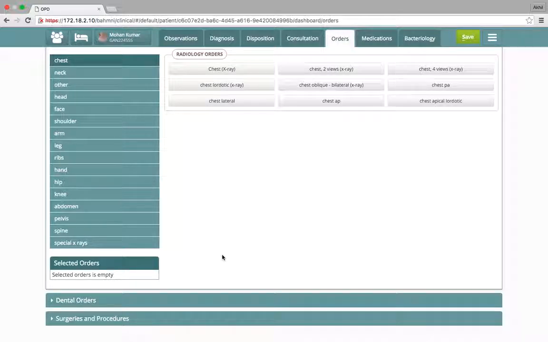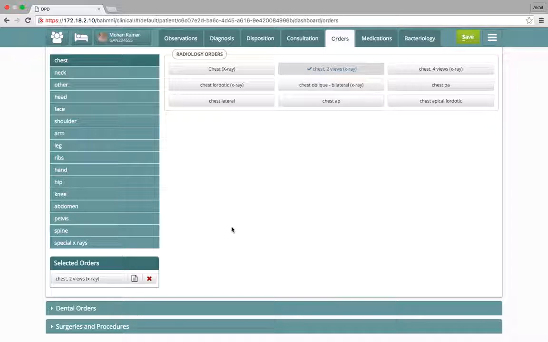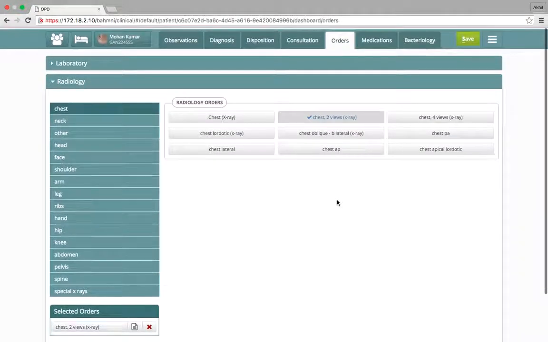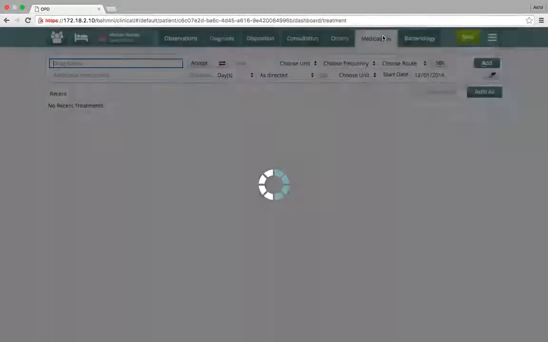These are the radiology orders. Let's say the chest X-ray is recorded for this patient. Since it's a TB patient, we order a chest X-ray for the patient. And in this tab, we